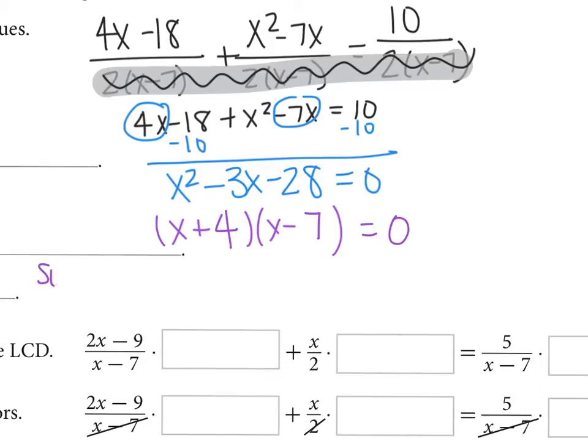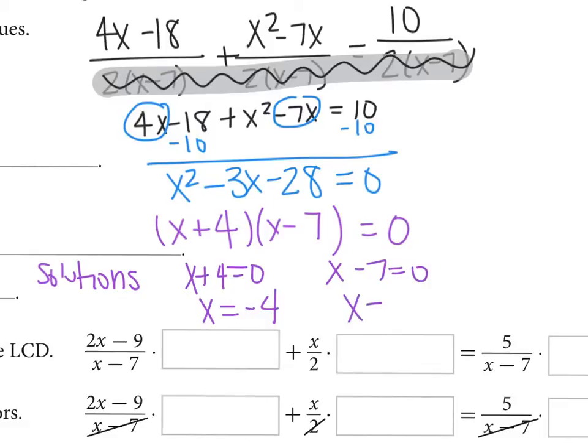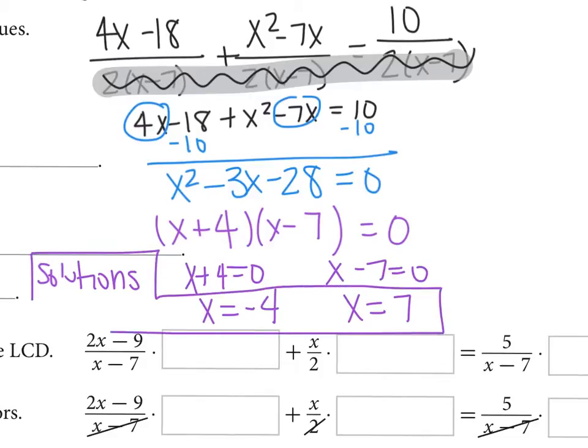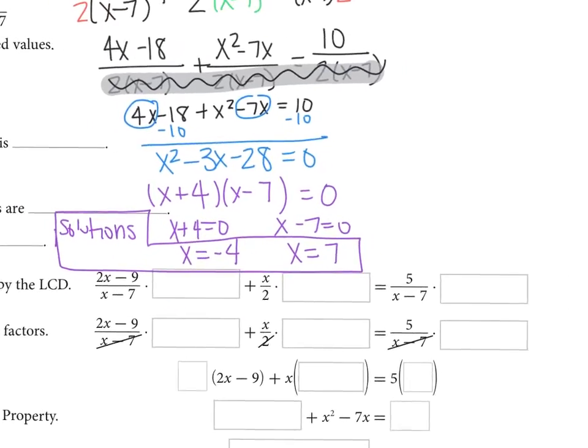So to find my solutions, I'm going to set x plus 4 equal to 0 and solve, which means that my first solution is negative 4. And I'm going to set x minus 7 equal to 0, so my second solution is positive 7. So far, these are the two solutions that we have come up with from doing math. So now we need to figure out what my